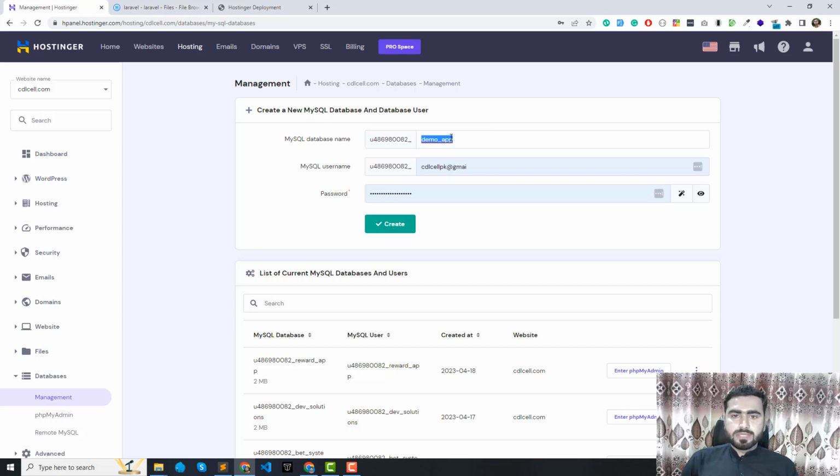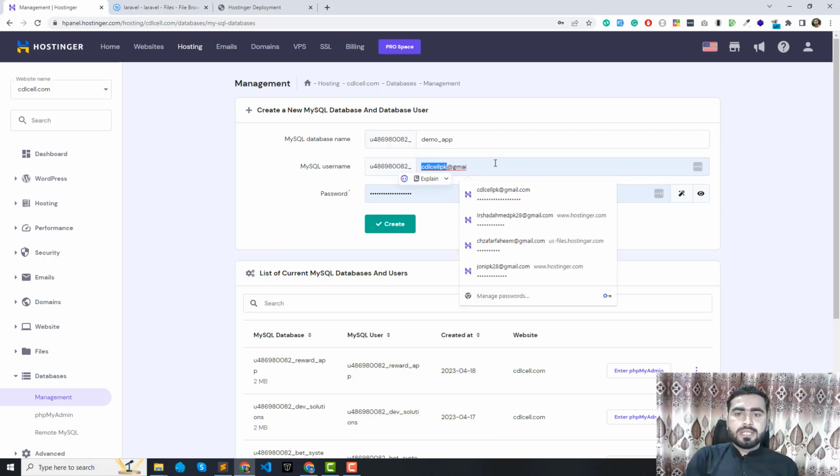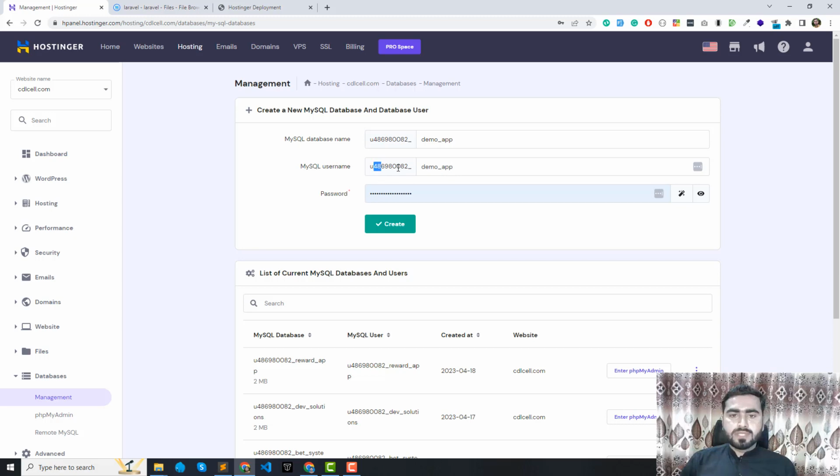This would be our database name, and this will also have this prefix, which will be automatically applied. And here I'm also going to give the same name. This would be the same, and this would be the same too. So our username and database password will be the same. Okay, and here you can